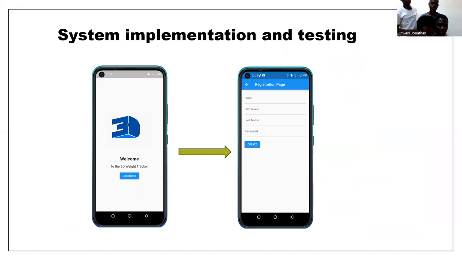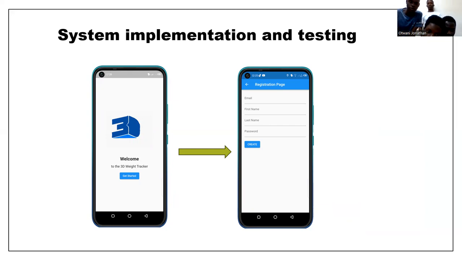Next, my friend describes the implementation. Yes, this is Kapoza, and I'm taking you through the system implementation and testing. As you see on the first module, it welcomes you to the mobile application. Then you are taken to the registration page where you register your email, first name, last name, and your password for the first time.